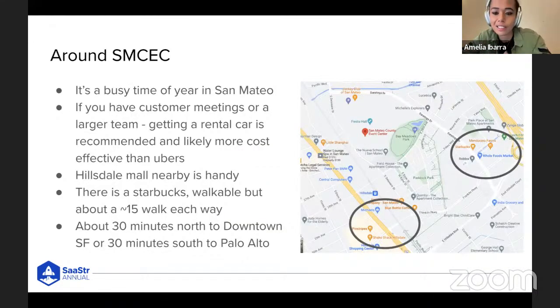Other things to note, it is a very busy time around San Mateo. So factor in that traffic time, right? There are other things than SaaStr Annual going on. I know on Twitter it seems very gloom and doom about the Bay Area, but let me tell you, there was tons of traffic for me to get here this morning. The Bay Area is still busy. There are plenty of people who live here and commute here. So definitely factor in some travel time, no matter where you're staying, to get to the San Mateo